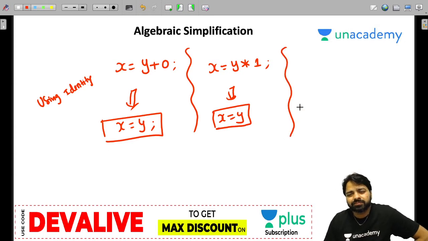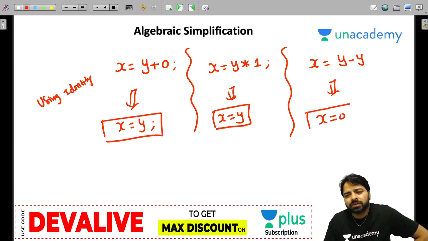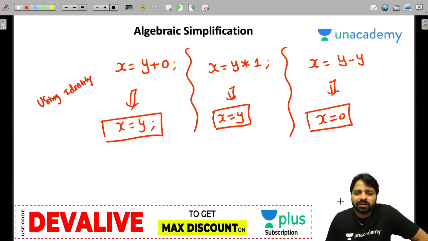If you have something like x = y - y, then you may write x = 0. It's cancellation. Y minus y will get cancelled and it will give 0. It's the cancellation law.